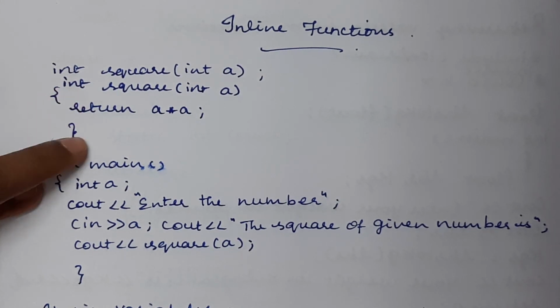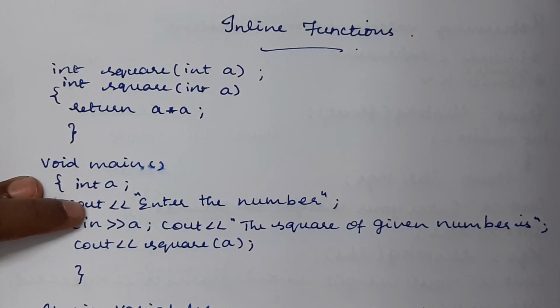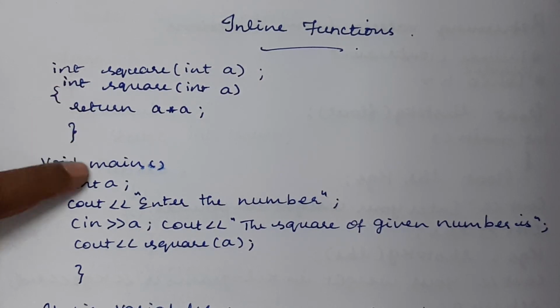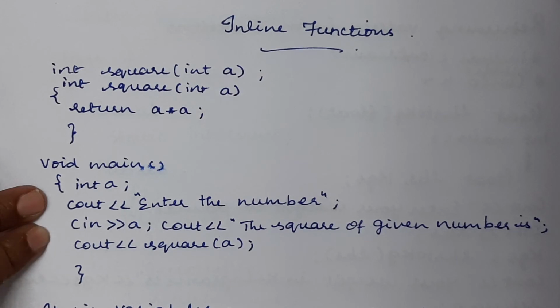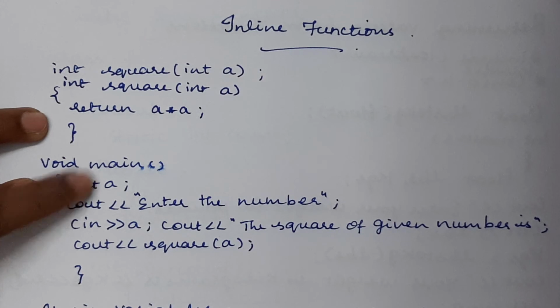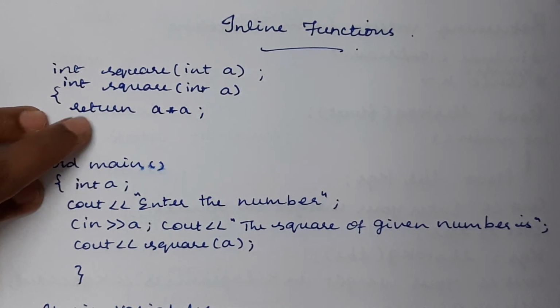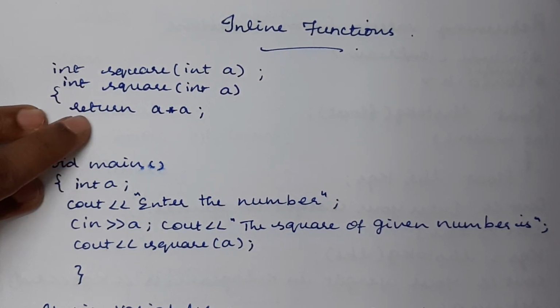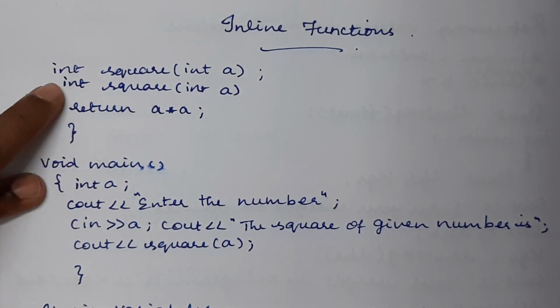We are just giving a request to the compiler, but the compiler may or may not accept this request. In our point of view, we can consider this a very small function, but from the compiler's point of view, it may consider it a small function, or it will do the transfer of control and all those things. Suppose if you include one more statement, we may still consider this a very small function and make it an inline function, but the compiler may not accept that as a small function and it will not consider this as inline, even if you mention the function as inline.